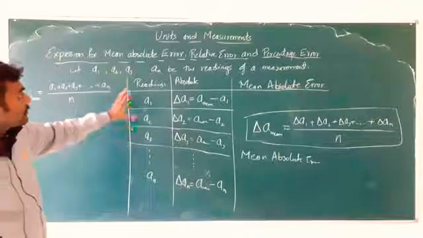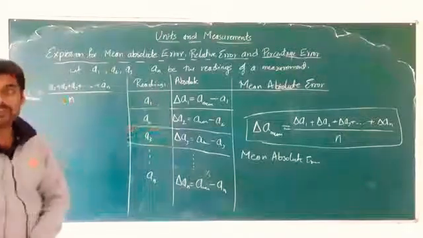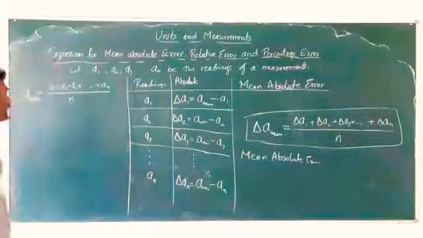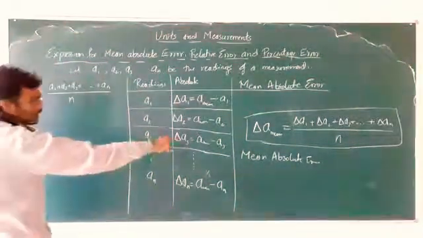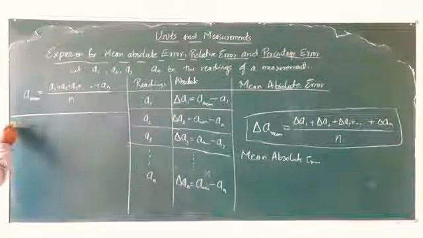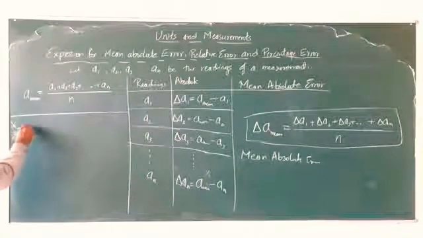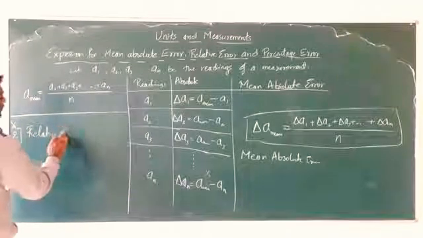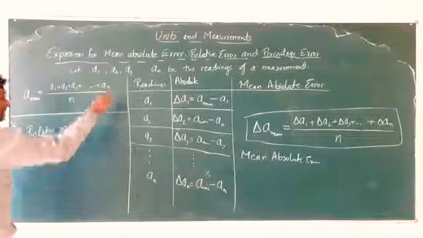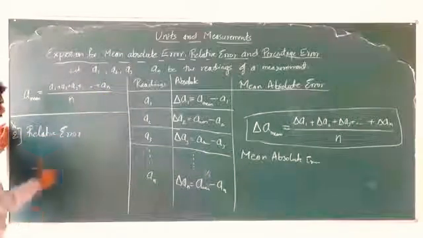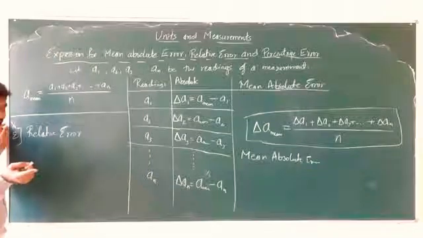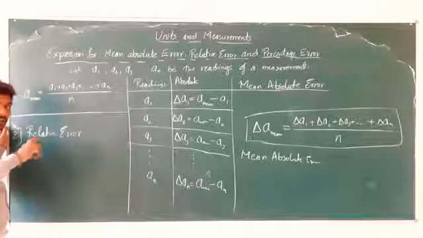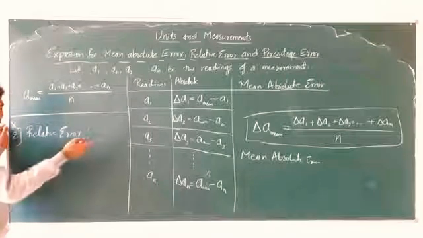Now the expression for mean relative error. Okay, we will directly take that as relative error many other times. Okay, but it's actually mean relative error. So that is one important expression. Now here I'll write the second important expression for relative error. Okay. So the expression for relative error for this measurement is going to be, see, what is the definition of relative error? The ratio of absolute error to true value. Here we have the mean absolute error.